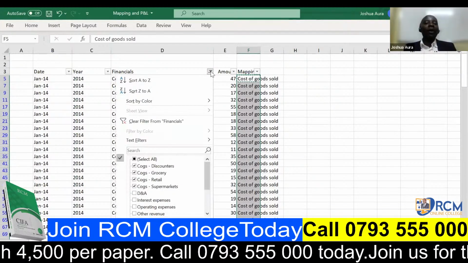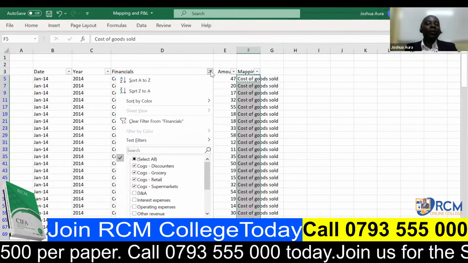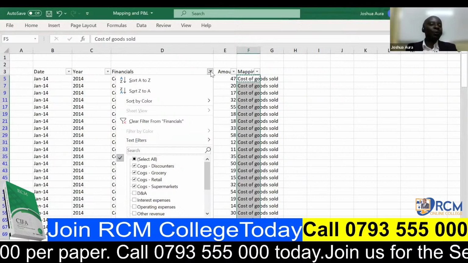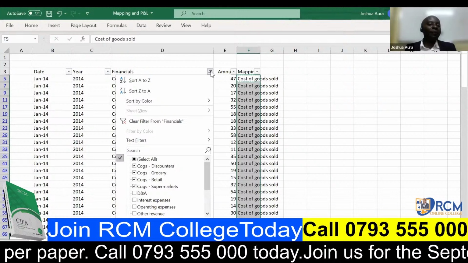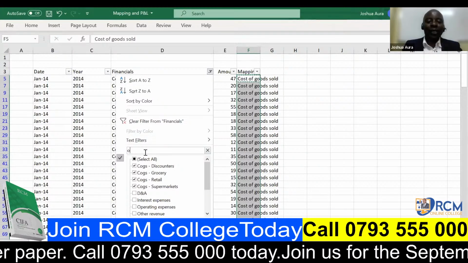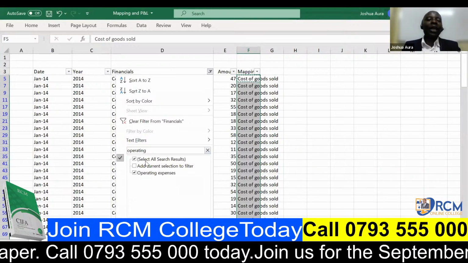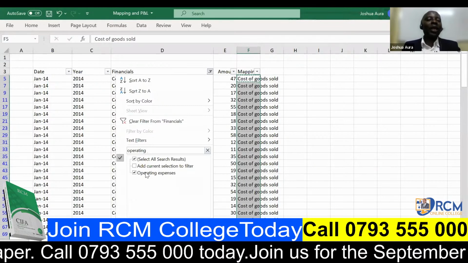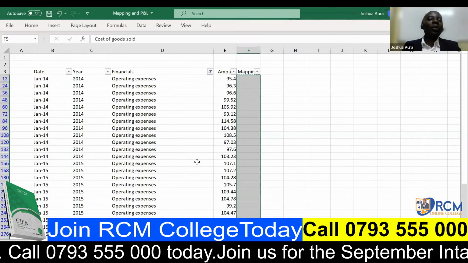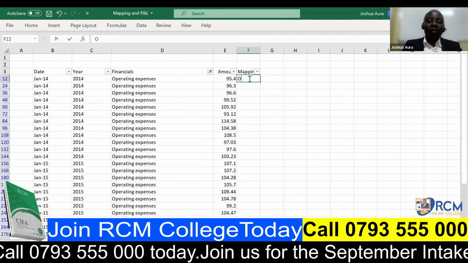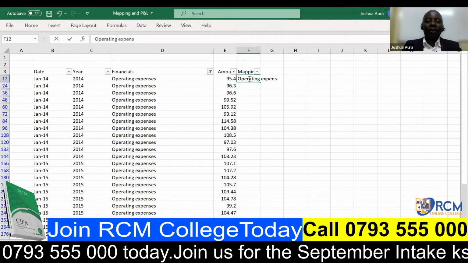Now, after cost of goods sold, I know I'll be able to get gross profit. After that, I would need operating expenses. I'm trying to imagine how my income statement looks. So come and filter them out. Operating expenses. It has even come here, it's only one. So I'll apply it by saying okay. There are so many of them, not a problem. Come here and write operating expenses,